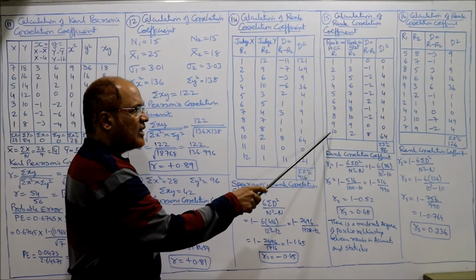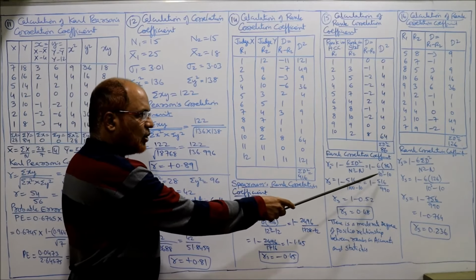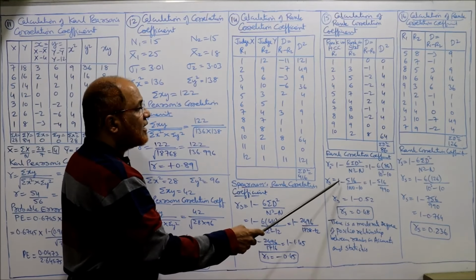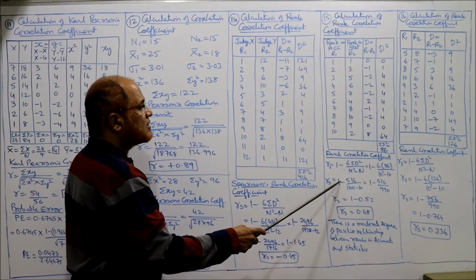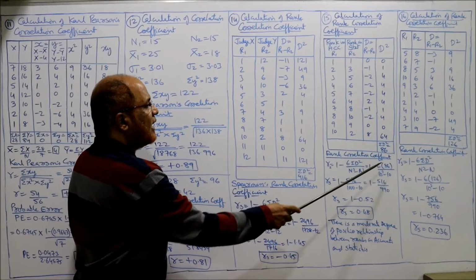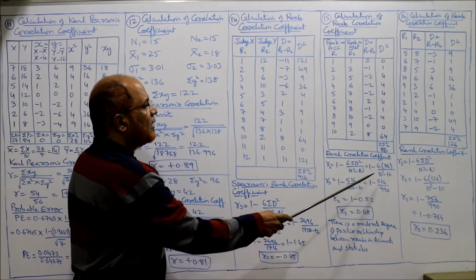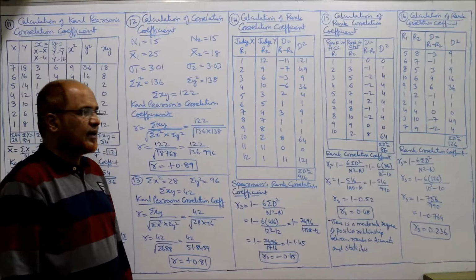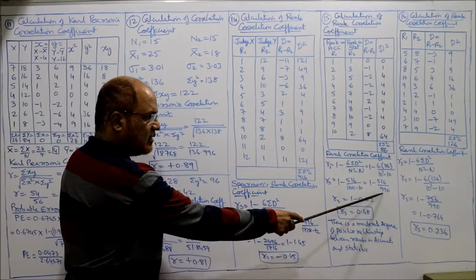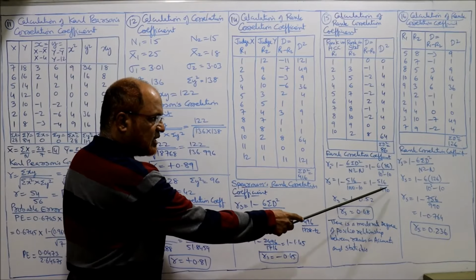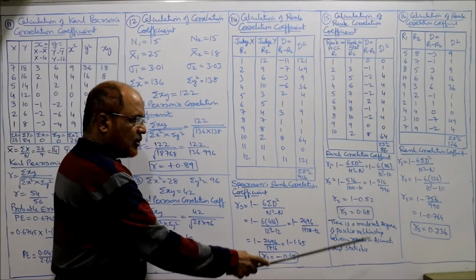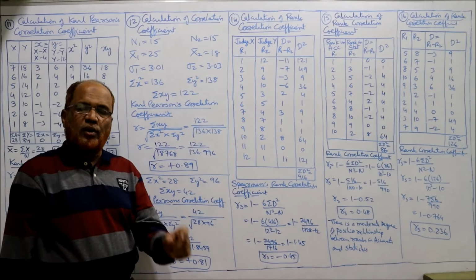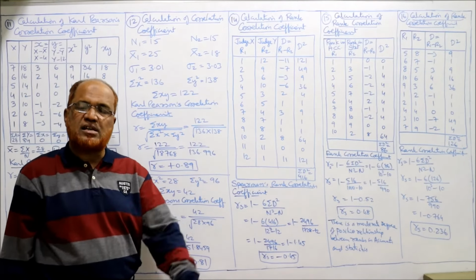How many students are there? 10 students. 10 ranks are there. So 10 cube minus 10. So 1 minus, ये 1 माइनस अलग रखना, ये डिवाइड नहीं करना, 1 इज सेपरेट, तो 1 माइनस 6 into 86, 516 divided by 10 cube, 10 into 10 into 10, 1000, तो 1000 minus 10, 990, तो 1 minus 516 divided by 990, 0.52, तो RS is equal to 0.48, तो R correlation coefficient 0.48 पॉजिटिव प्लस आ रहा,